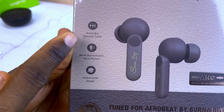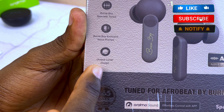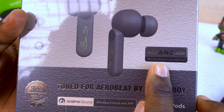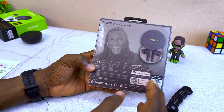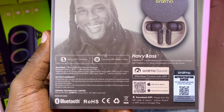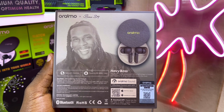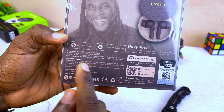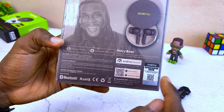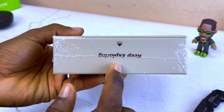The last but not the least is the product itself. It's the Oraimo Spacepod Burna Boy, specially tuned, Burna Boy exclusive voice prompt, unique Nulla design, and tuned for Afrobeat by Burna Boy Spacepod. And it comes with active noise cancellation, which you can see here. And at the back of the pack, you are going to see Burna Boy with the Oraimo Spacepod and the specifications of the new true wireless earbud. So it's going to last you for 8 hours, and the case provides an additional 27 hours with ANC turned off. 365 days warranty in case anything goes wrong, but I'm very sure this is going to be a good one. It comes with an authentication center where you can also validate if you have bought the original or fake. And down here is keep exploring